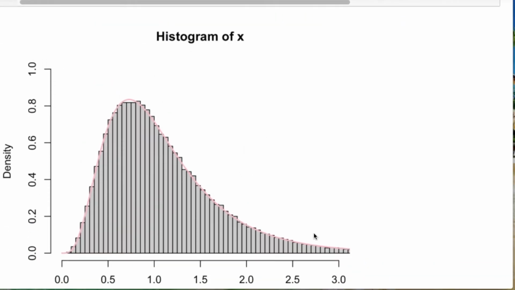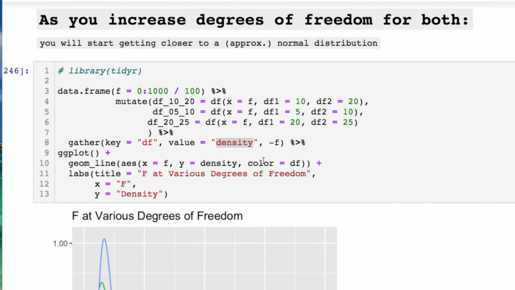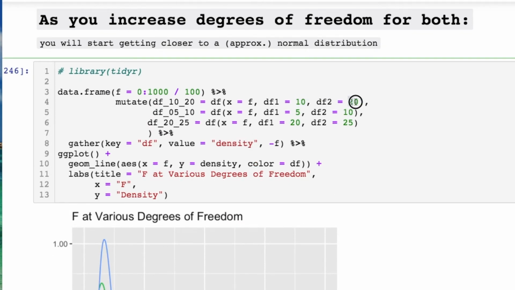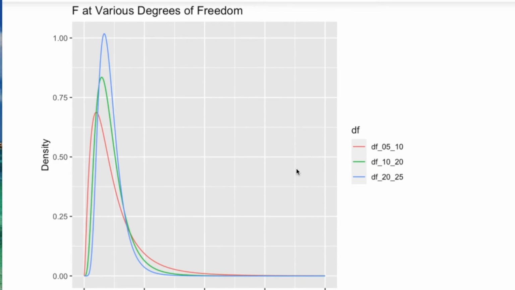Okay, and you'll see this highly skewed to the right data. That's fine. Just change some of the parameters and see what happens with this so we get an idea. As you increase the degrees of freedom for both, such as this, you see degrees of freedom 1, degrees of freedom 2. As soon as we start increasing both of these, you'll notice that an approximation of the normal distribution occurs. Okay, let's scroll down a little bit so you can see what this looks like. And here we go. At various degrees of freedom, as we increase the degrees of freedom, you'll notice that it becomes more like a normal distribution, and this tail, as usual, decreases the area under the curve here, and you still have this long bit. But this is what you need to pay attention to, and this right here.